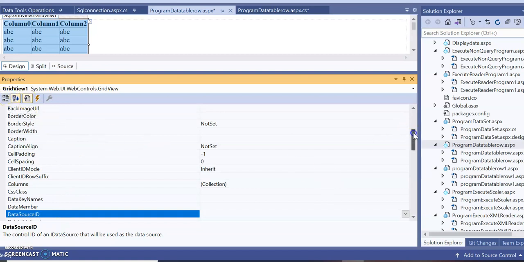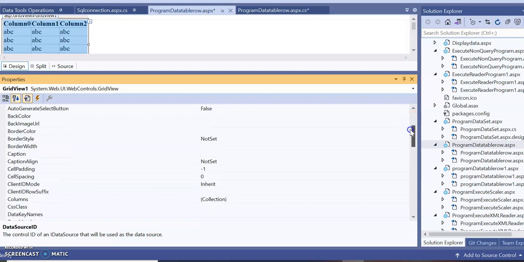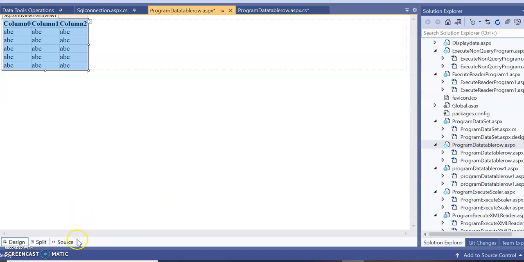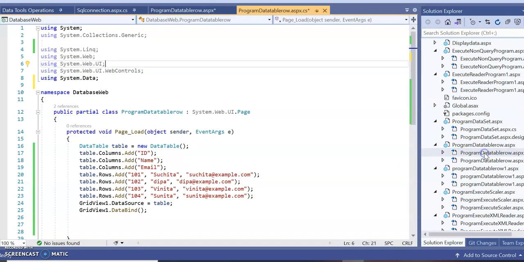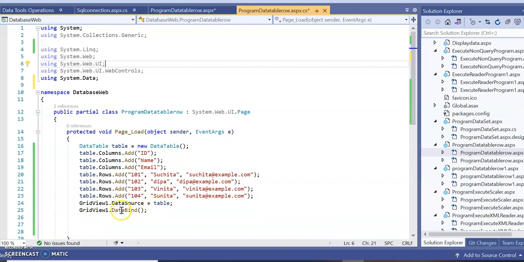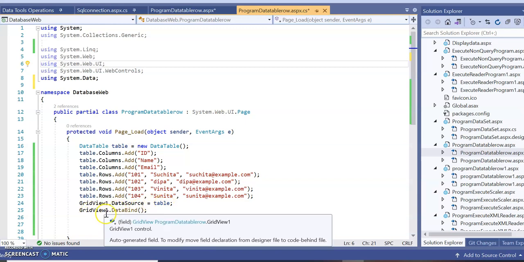Here in the properties you can see its ID is GridView1. So in this code, GridView1.DataSource is equal to table, assign it, and then GridView1.DataBind. So this table will be bound with GridView1.